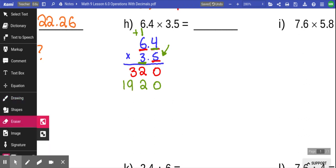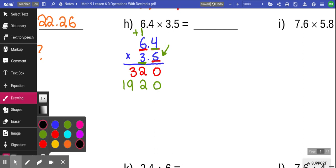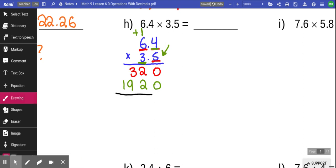And you'll notice that I've got these two different numbers. I have 320. I have 1,920. I need to add those things together. I do that by using the strategies I used in the first question. 0 plus 0 is 0. 2 plus 2 is 4. 3 plus 9 is 12. So I put a 2 and carry the 1. 1 plus 1 is 2. So I have